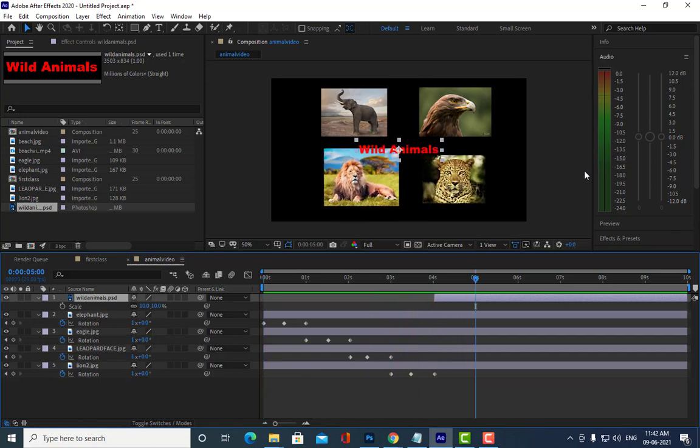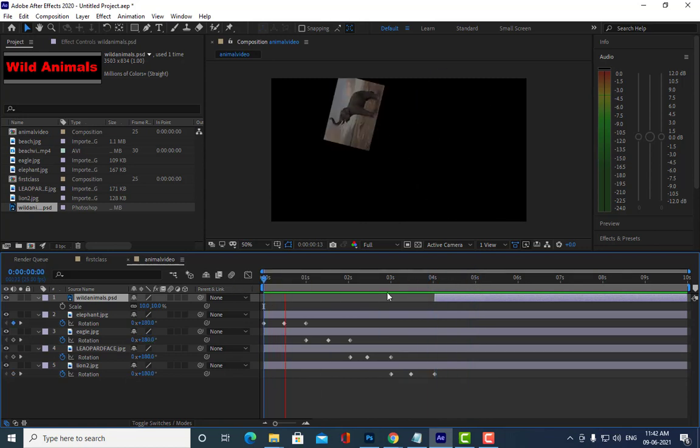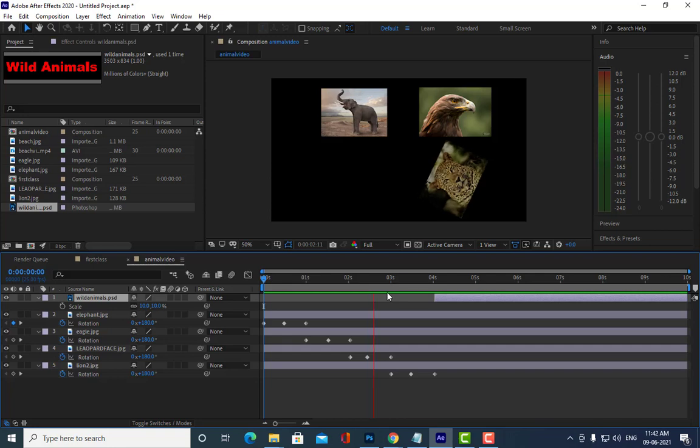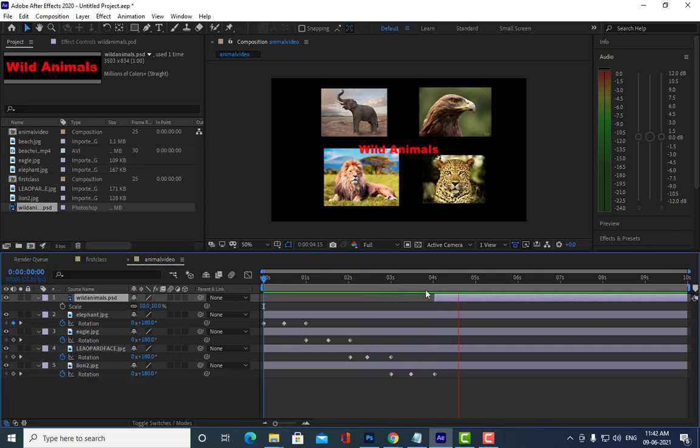And then we will do the same type of animation for this wild animals. So again I will first reduce the opacity, and I am going to just rotate it 180 degrees.